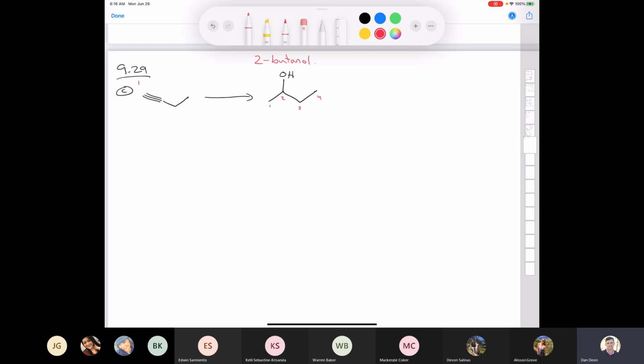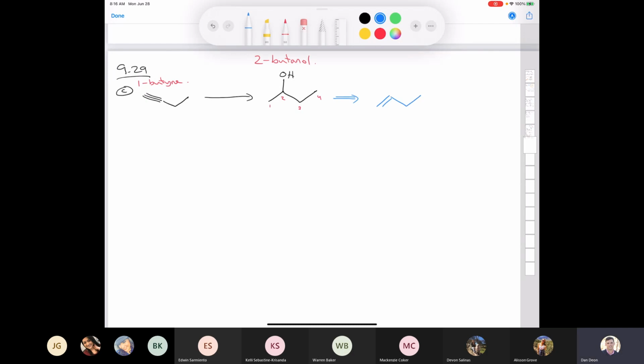But the first molecule, you know how to name that. This is 1-butyne, a little ubiquitous this morning, I guess, just showing up in everything. Anyhow, we have 1-butyne and we want to make 2-butanol. Well, this is another case where I would think about this in terms of retrosynthesis and just say, well, look, if I want to make this secondary alcohol, the easiest way to do it would be to start with